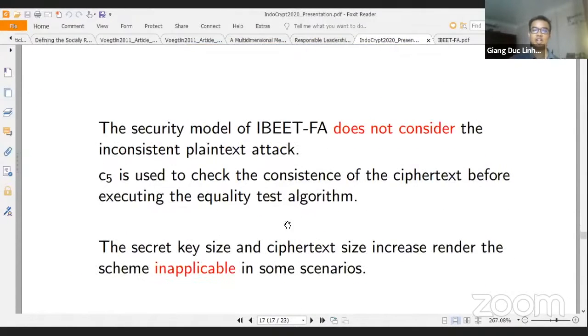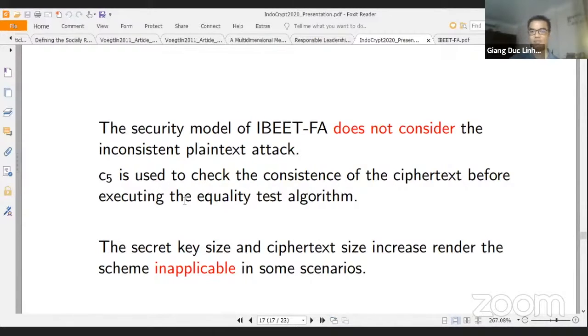Here, we will talk about our weaknesses. In our security model, we do not consider the inconsistent packet attack. So after the help of our reviewer, we introduce a C5 to actually ensure the ciphertext integrity before executing the